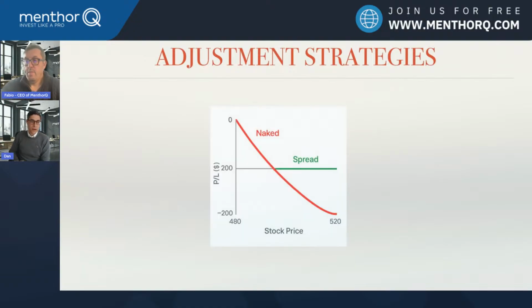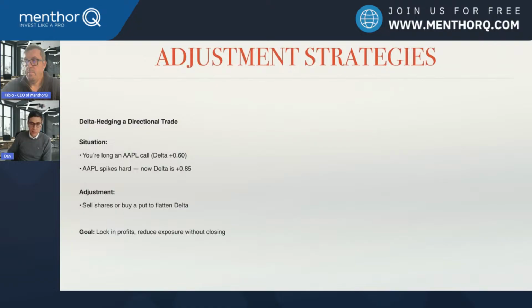Delta hedging. I think Fabio would be even better at explaining this, but I will try my very best. I have a rough rule, and I like to delta hedge things, and I also like my risk reversals and then to hedge them. We won't deep dive into delta today, what it means, but basically, if you want to delta hedge something, this means you should take a look at the deltas. Where are the deltas? Let's take the situation here.